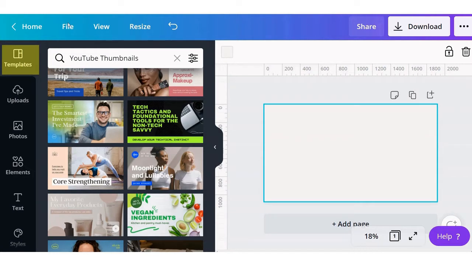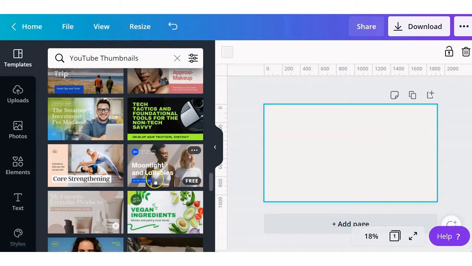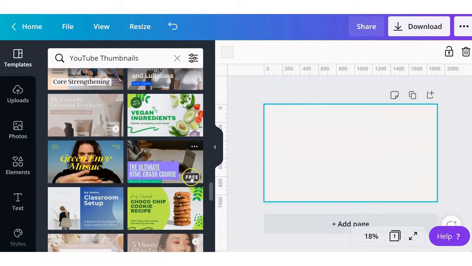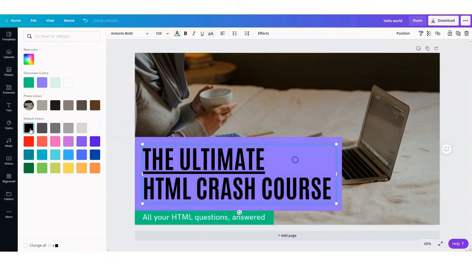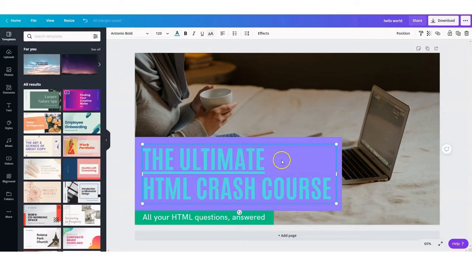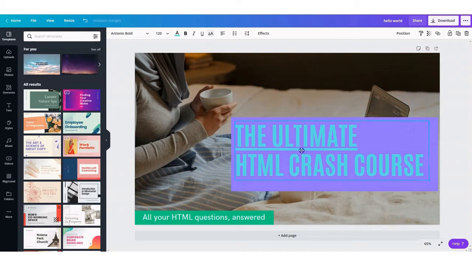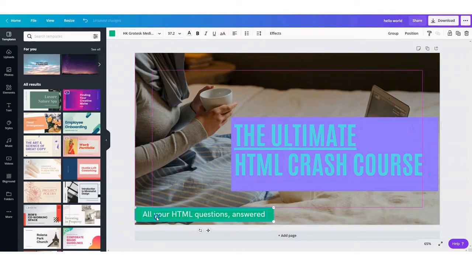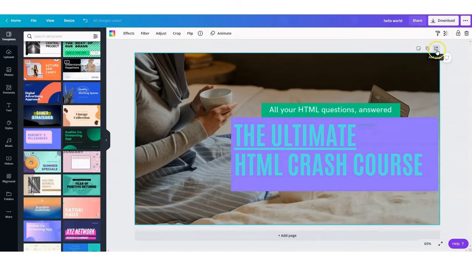Let us have a small look at the templates. Click on Templates. Search the design you are looking for. Click on it and it will be added to the canvas. The template will not be added as an image. Instead, it will be spread into components, each as a layer with its own properties. You can hover over the different components and click on each to edit it. Some of these contents are free, while others need the Pro version.